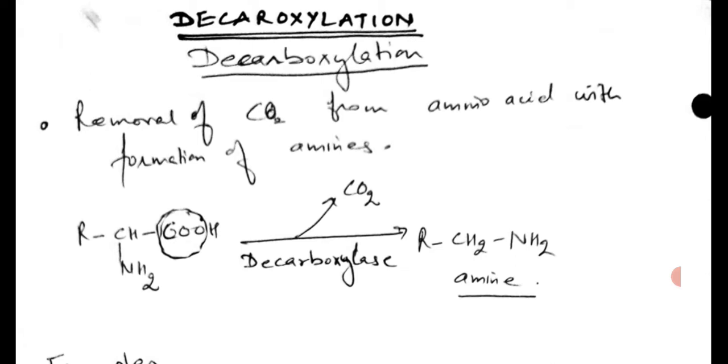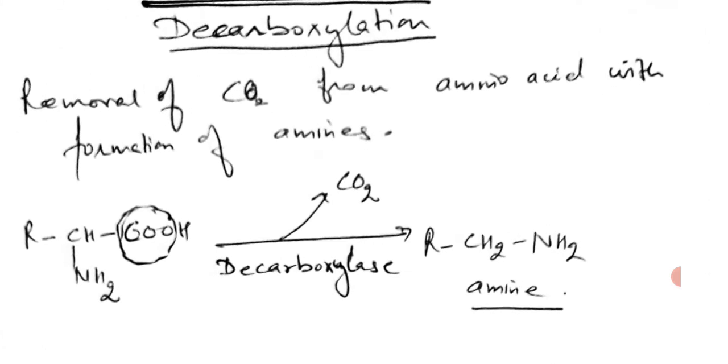As we know, in an amino acid we have an alpha carbon, to which one side is attached the carboxylic acid, and the second bond attached to the alpha carbon is the amino group. On one side is the hydrogen, and the fourth bond can be a side chain, or in the simplest amino acid, which is glycine, it is the hydrogen. So this is the general skeletal structure of an amino acid.